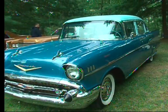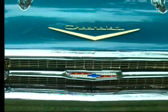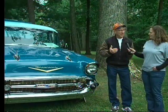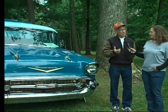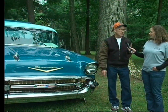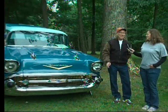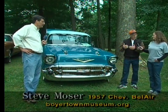The story from my aunt was that they loaned it to her sister in Pottstown, and when they went to get the car, they knew it was in a dangerous area when Agnes came through. When they went to get the car, they couldn't get to it anymore because it was up to the windows in water. So when I got it and started dismantling the car, I could see the mud